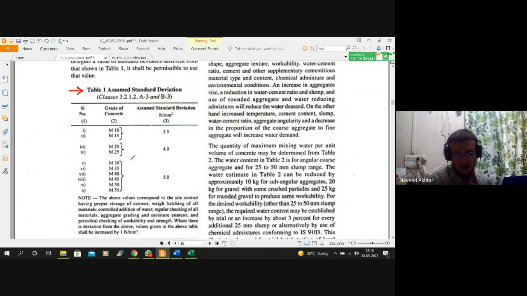So if you are to find the standard deviation for M25 grade of concrete, then you have at least 30 specimen results. What is the deviation? Standard deviation means the deviation with respect to the final, that is the characteristic strength of your concrete.